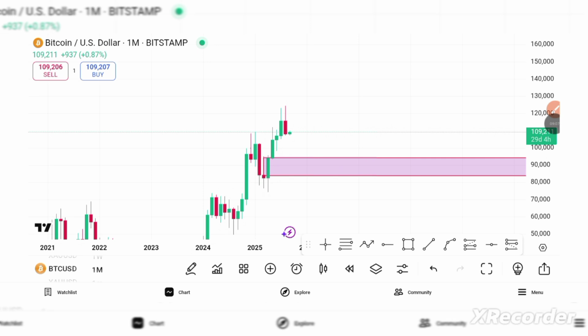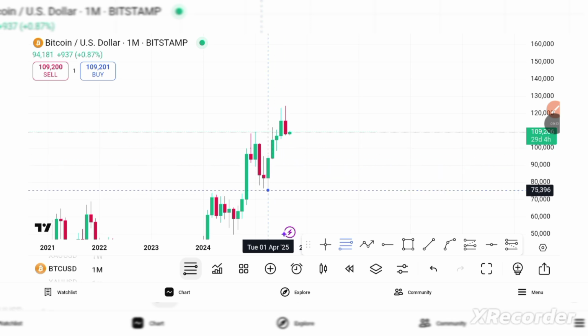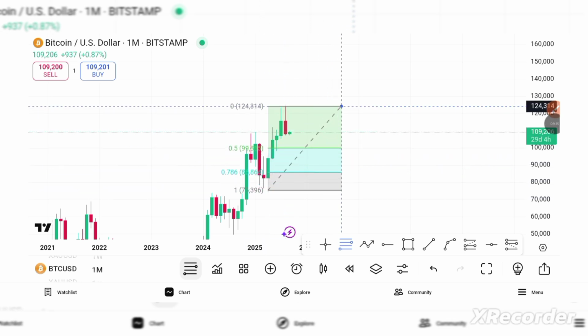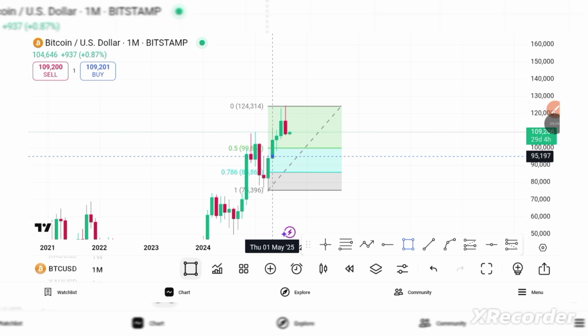This is what you will see in the monthly time frame. And if we put on Fibonacci from here to here, you notice that price is still in premium. Price is still expensive. And what should we do? We should buy